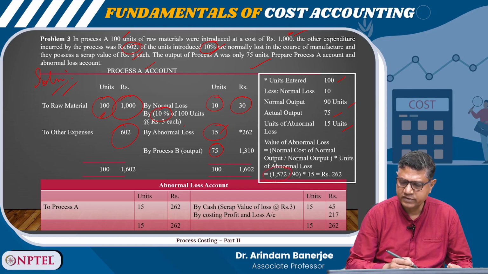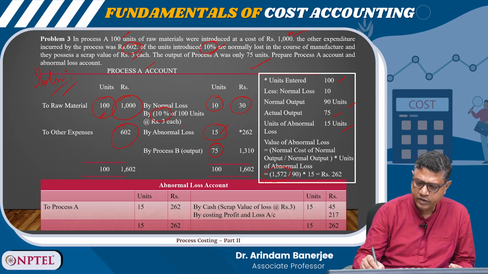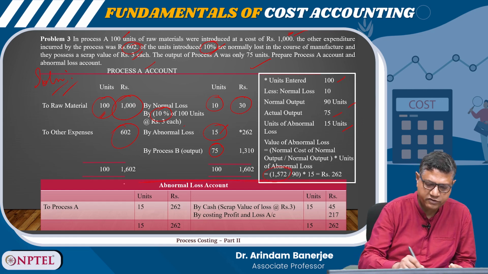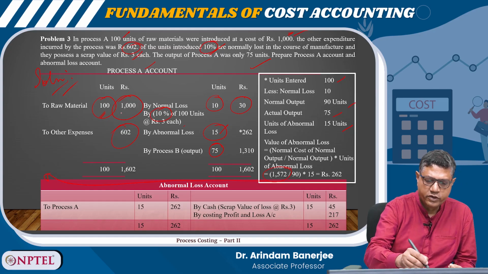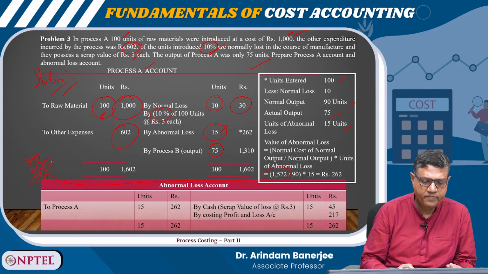How is it 1572? You see, here if I calculate, let me stretch it here, right. From here I am getting 1000, this is my raw material, plus 602 is my other expense. So, 1602, this is my